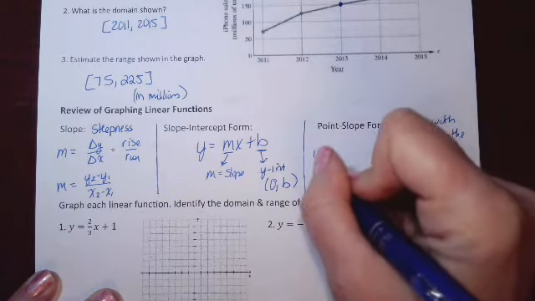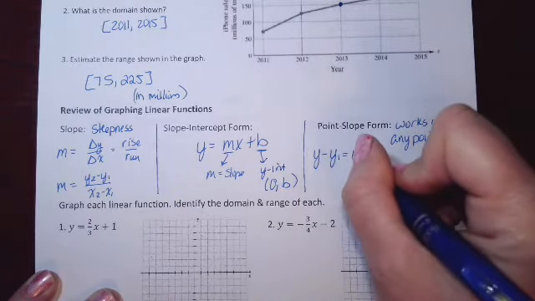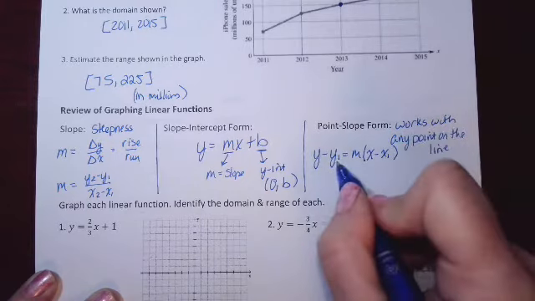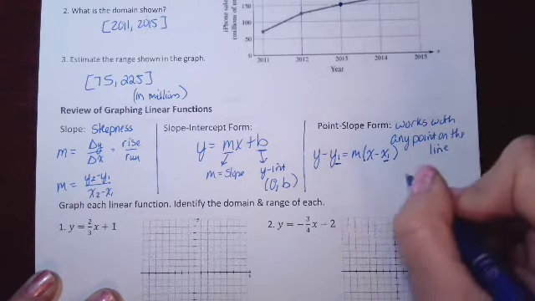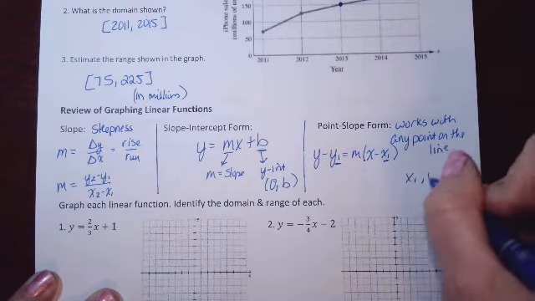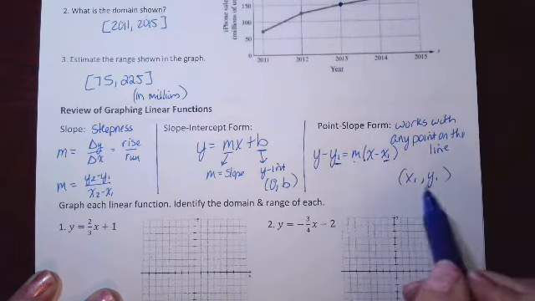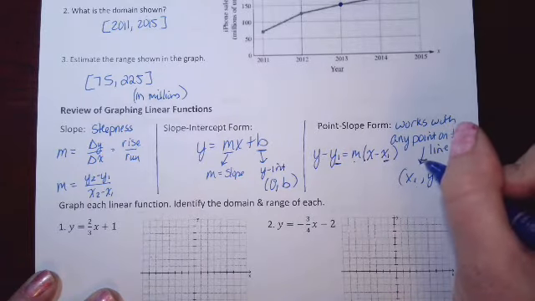My point-slope form is y minus y sub 1 equals m times the quantity x minus x sub 1, where y sub 1, x sub 1 is the point that I know. That's what I'm filling in. I'm going to fill in my slope, and I'm going to fill in that random point that's on the line